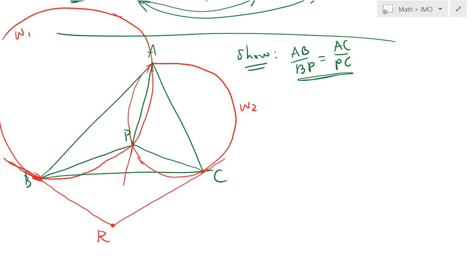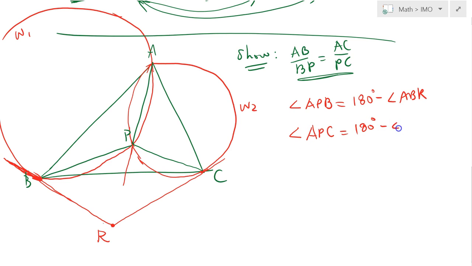Yeah, let's do some angle chasing here. Angle APB is in fact equal to 180 degrees minus angle ABR. I hope you guys can see that, because BR is tangent to circle omega 1 at B, so ABR is subtending this minor arc AB, and APB is subtending the major arc AB, so therefore they are supplementary angles. And in a similar way, angle APC is equal to 180 degrees minus angle